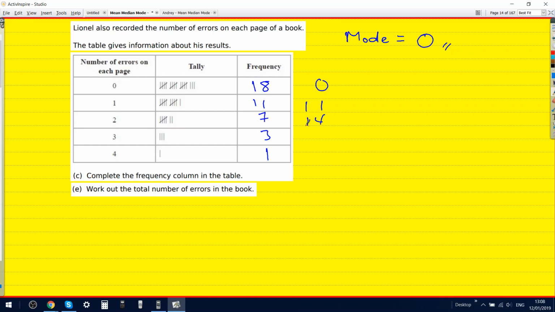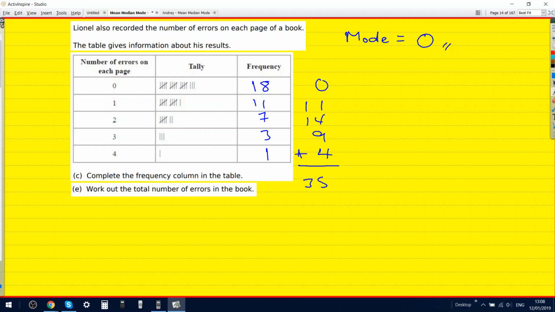And so what are you doing each time? 9, and 4. And so total errors? 38. Well done. For this type of question, you do one times the other and then